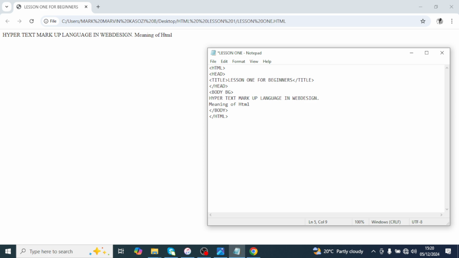Now, if you decide to use caps in your tags, it is better to use caps all through. If you decide to use lowercase, it's better to use lowercase all through. I think that's better for uniformity issues. Now, BGCOLOR. I've typed BGCOLOR. Mind the typing, you don't leave space. It is BGCOLOR, meaning background color equals to, in quotes, I want a gold color, so I'm going